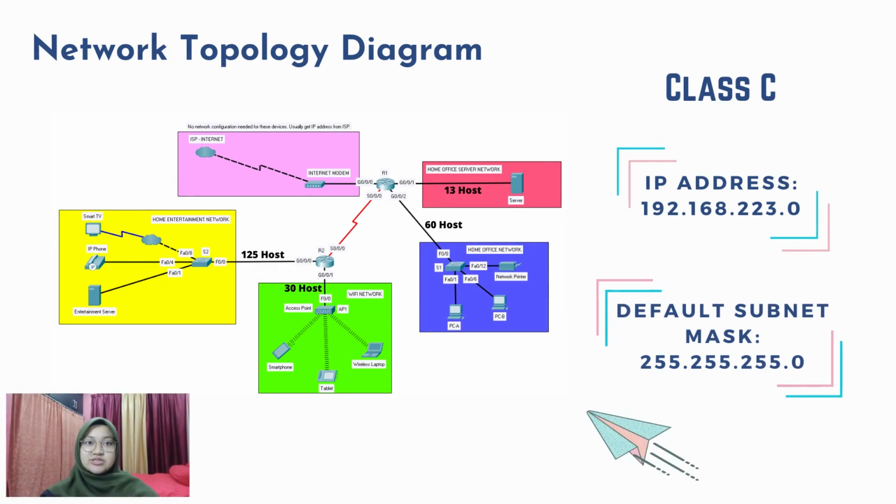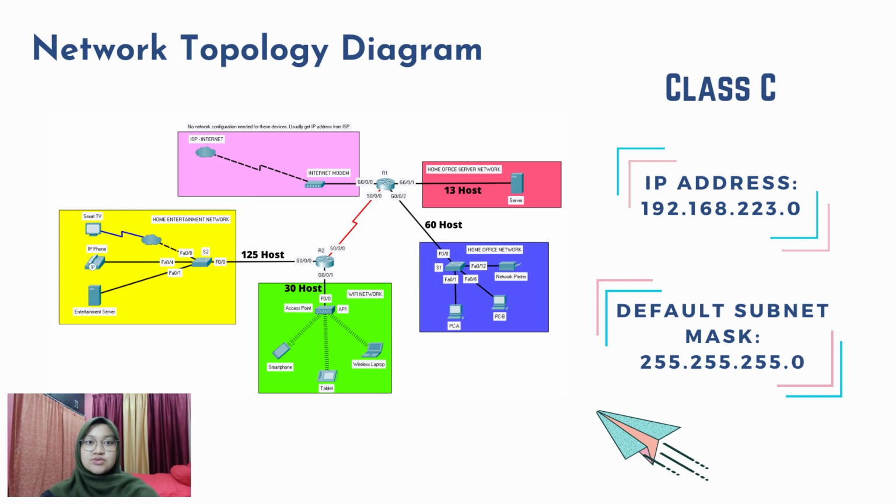This is the network topology diagram that is given in the questions. We are required to choose any class and need to determine the IP address for each network by using the VLSM method. We provide the IP address of 192.168.223.0 and the class is class C. Because the class that we choose is class C, the default subnet mask will be